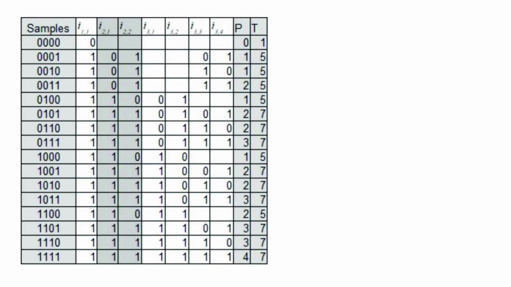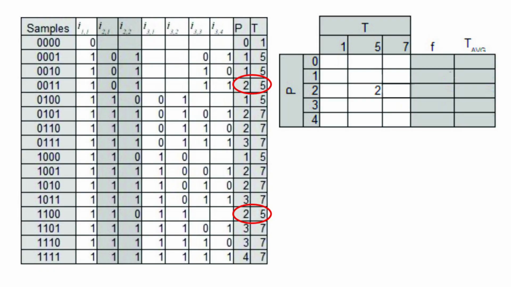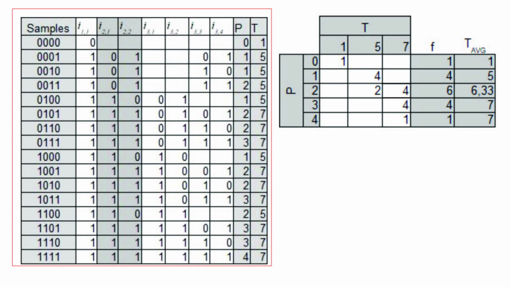Simulating it in a spreadsheet, here are the results for every possible combination. P is the number of positive samples and T is the number of tests. Now, let's calculate the average number of tests. First, I recap the previous table. For example, there are 2 rows where 2 positives need 5 tests and 4 rows where 2 positives need 7 tests. The total is 6 and the average is (2 times 5 plus 4 times 7) divided by 6 equals 6.33. Here's the complete table.